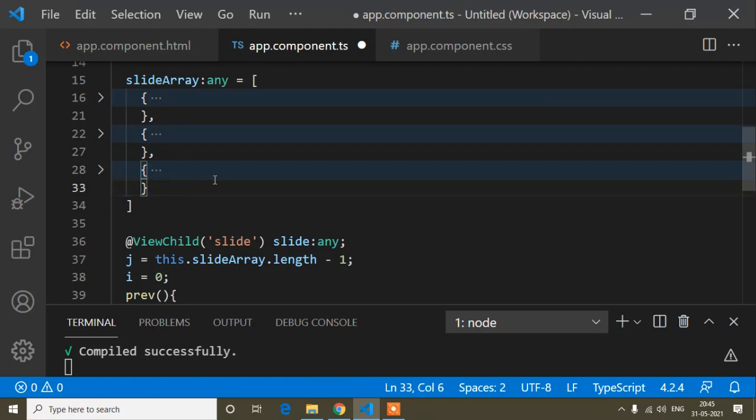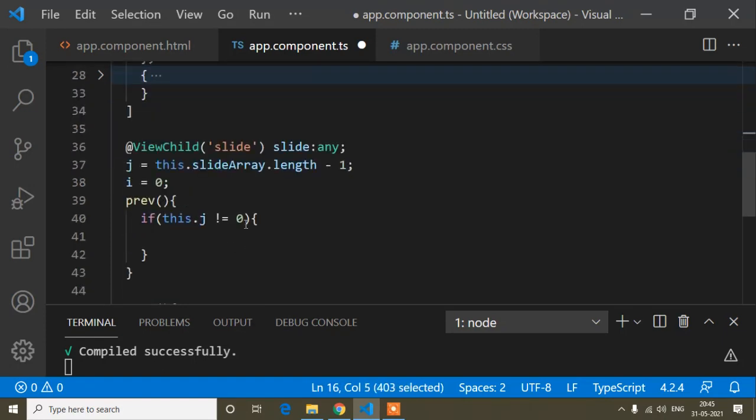When I click this previous button, the slide will move vertically from the top, that means the slide will come from here. So first 3, 2, 1. When it is not 0, at that time it will be slid, so this j will be decremented, j minus minus.